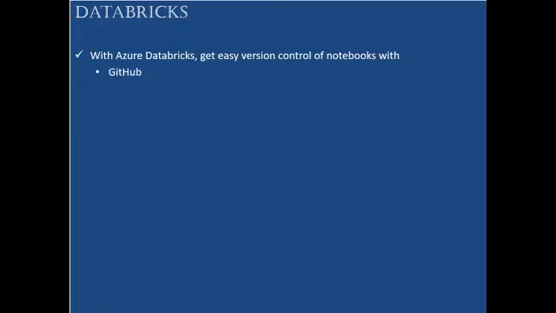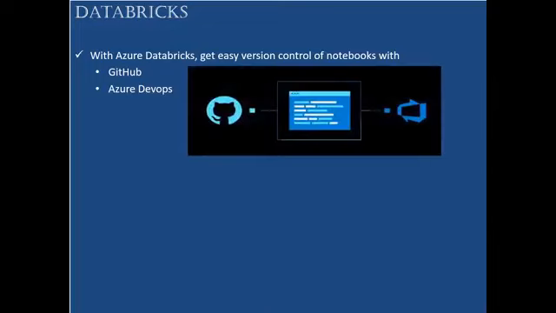For that, Databricks supports two things, GitHub and Azure DevOps. We can directly integrate our Databricks notebooks with GitHub and Azure DevOps repositories, which basically keeps track of all our changes. So the main advantage of this version control tool is, let's say,